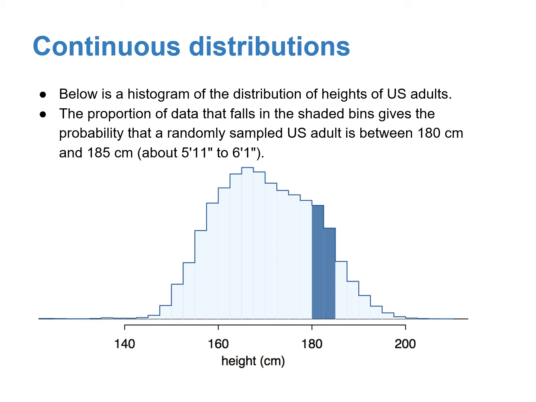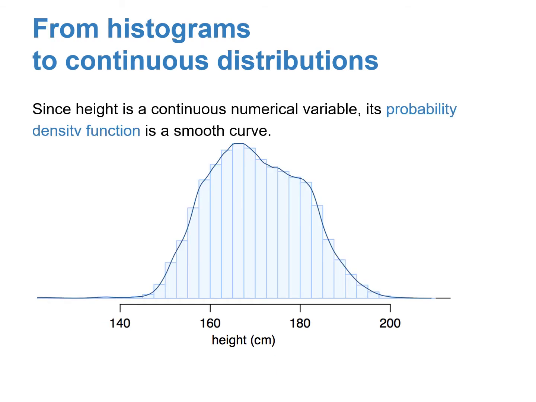Now, one thing to recognize is that height is actually not a discrete random variable. It's a continuous random variable. Right? And so we could theoretically make these bins narrower and narrower until we had something that was a very smooth curve. So now, because height is a continuous numerical random variable, its probability distribution can be represented with what